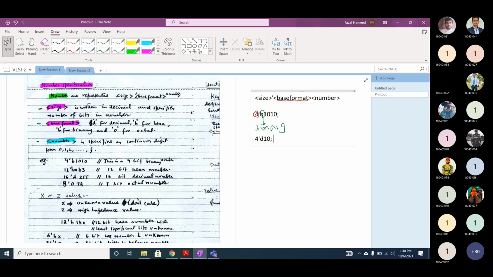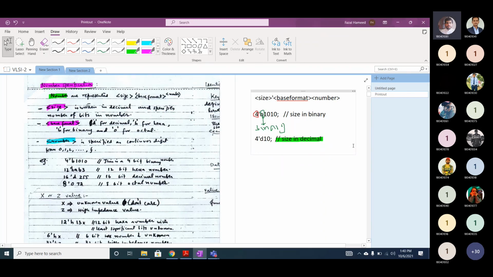I'm writing on the right hand side, size in decimal. What is this in green? A comment.